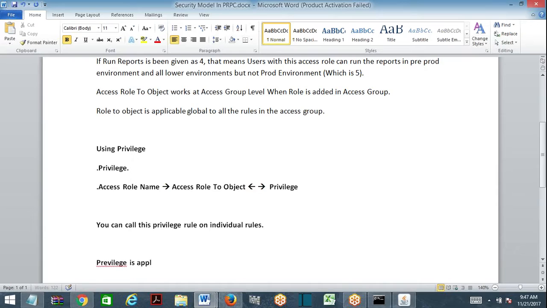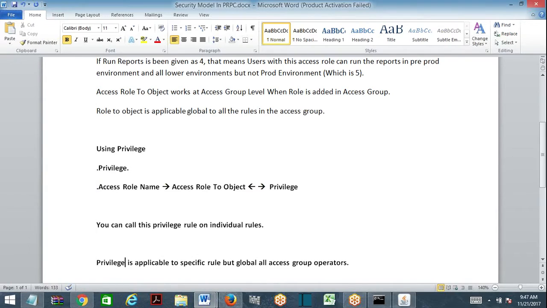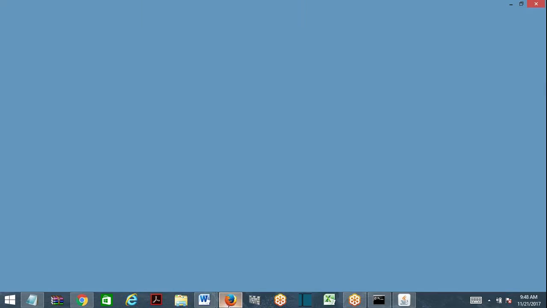Privilege is applicable specific to that particular role, but global to all access group operators. Is this clear? So this is what we have discussed.